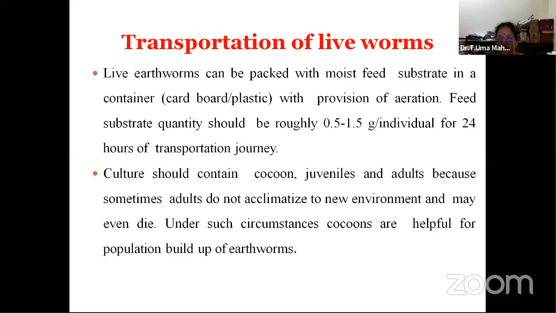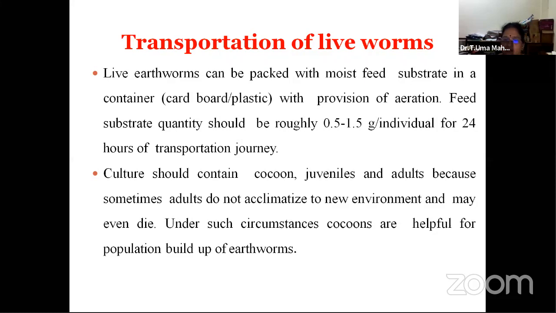If you are traveling for 1, 2, 3 hours and you keep them in a tight box, automatically they will die or go bad. So you should have light aeration so that they will survive. The culture will contain cocoons, juveniles or adults, because it is nothing but all the stages which we see. But sometimes cocoons are much better for population buildup, or young ones